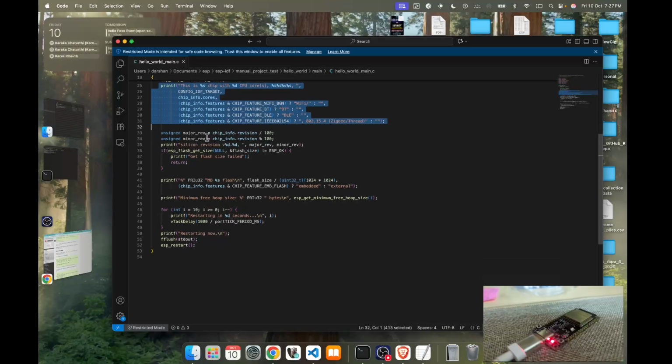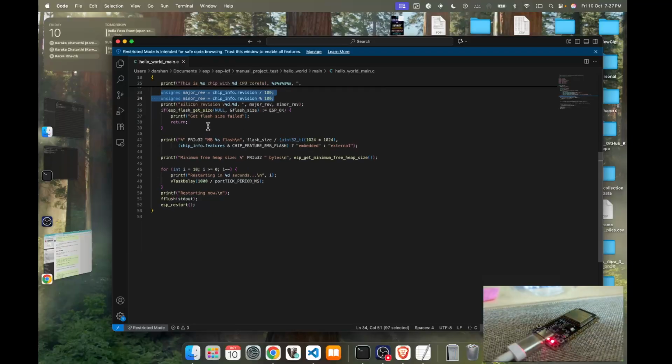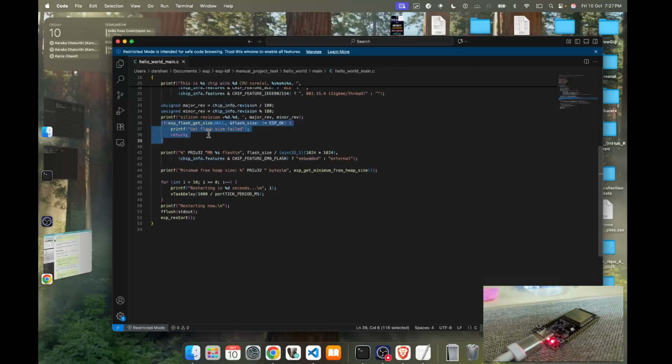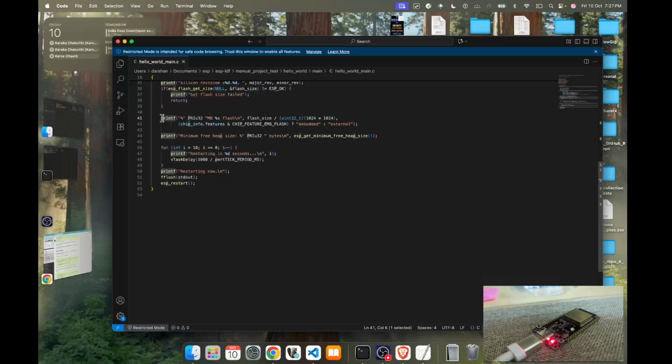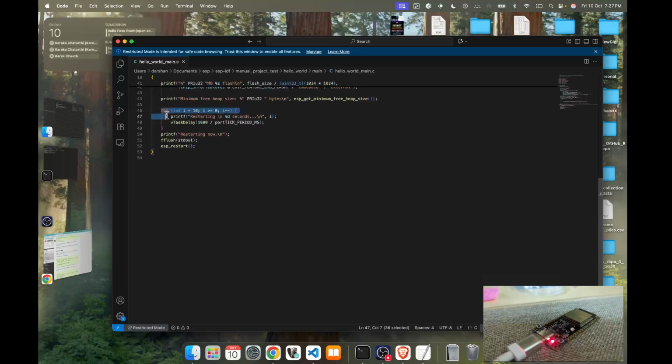Then printf, then an unsigned int declaration. Then again printf, then a conditional to check whether the flash size is null. Then printf again, then a for loop,